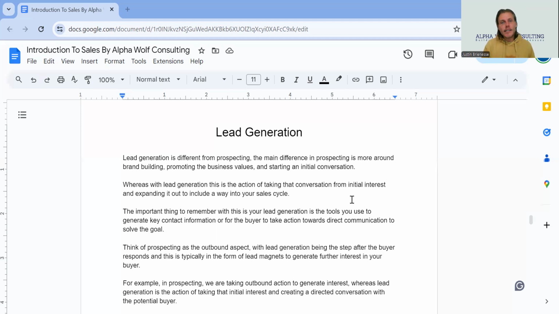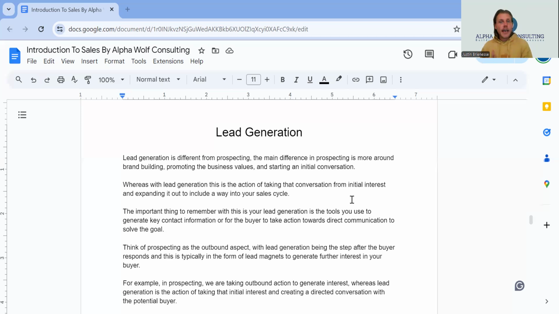And it's a good, easy way that we can create engagement between us, the company that we work for, and the potential buyer. And it sets us up for the sales process, okay, of then being able to, after they've shown interest in the lead magnet and they've taken it, we're now able to go into the qualifying stages,